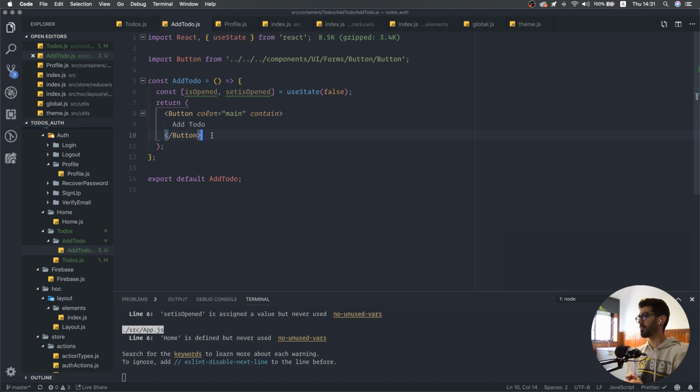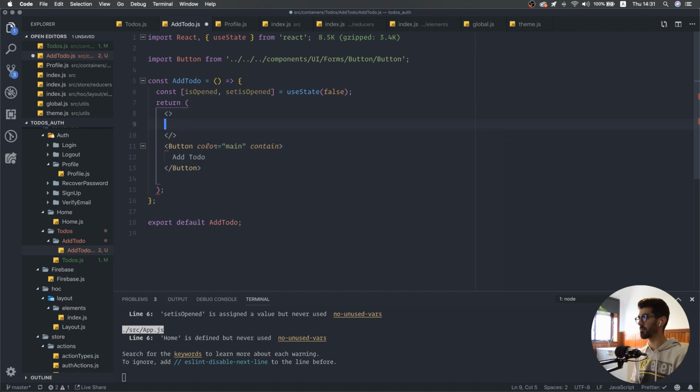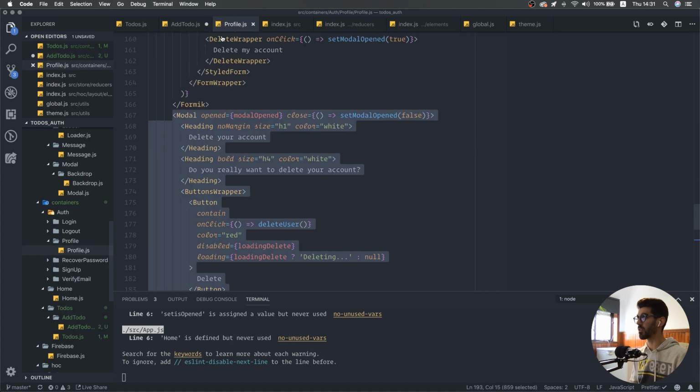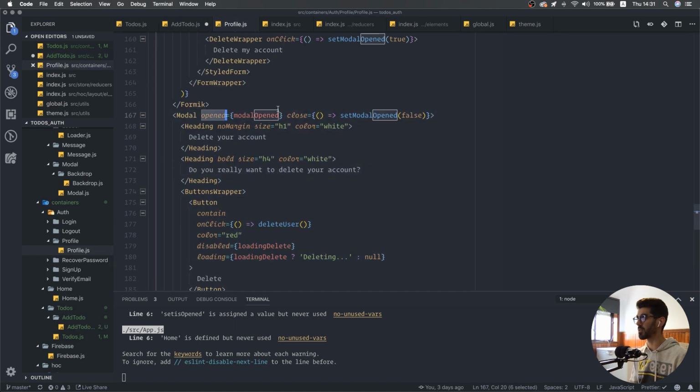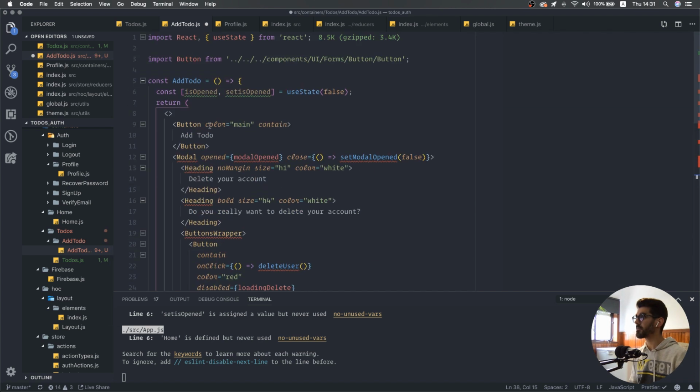And what we can basically do is render the model beside, as a sibling to the button, even though it will not show because our model is position absolute, if you remember. And initially, if you don't pass it the property opened, it will stay closed, right? So we can render it here, and